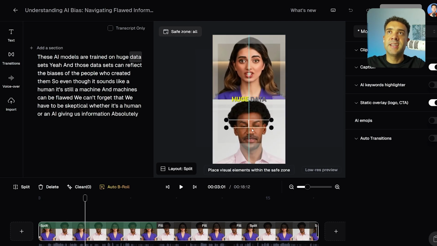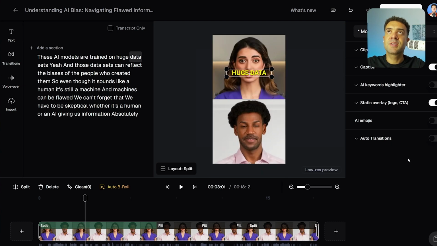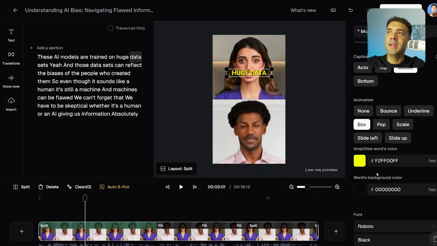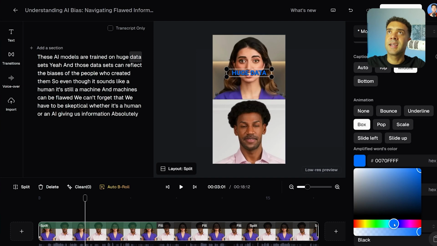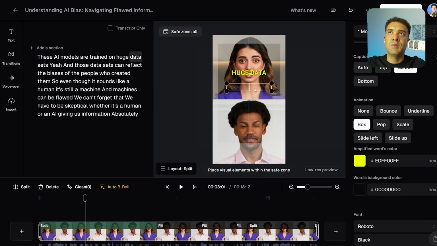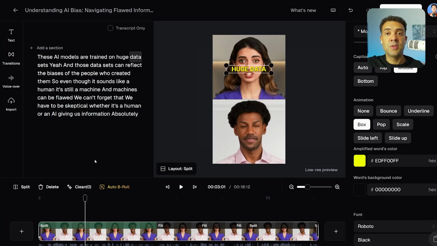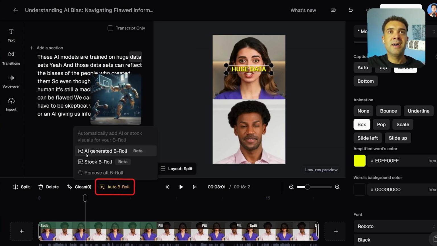Yeah. We can make changes here, like move the captions around if you want them somewhere else. If we click on the caption drop down box over here, we can change the color. So we can make that text blue, green, whatever you want. We just move that caption to the middle. I like it there. And you can even do things like click this voiceover button here to add an AI voiceover introduction to your podcast clip if you want to have a little voice speaking at the start of it. And if you come down here to the B-roll box, you can even have AI generated B-roll images show on top of your podcast clip while your people are speaking, just to add an extra level of interest to the